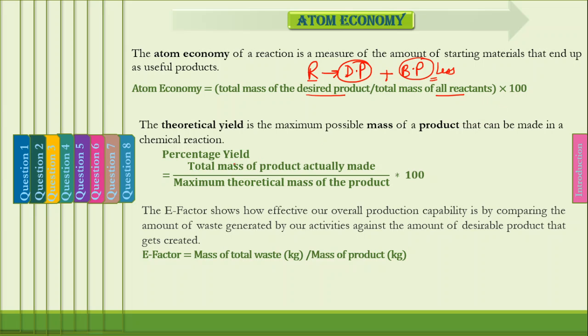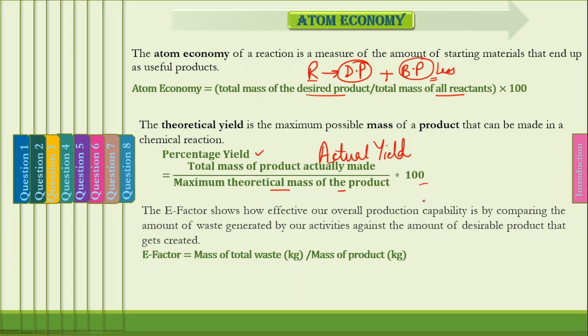Coming to the percentage yield, because in green chemistry atom economy finds a special place, but normally in chemistry we find out the percentage yield. What is that? That is how much it is actually made. So your actual yield is how much, right? And this is your theoretical yield. Actually you could have made something but you could not. So how much you have made is your actual yield, and how much you were supposed to make is your theoretical yield, and there is a difference. Now if your theory and your practical is almost same, then it would lead to 100%, which is what the ideal condition is.